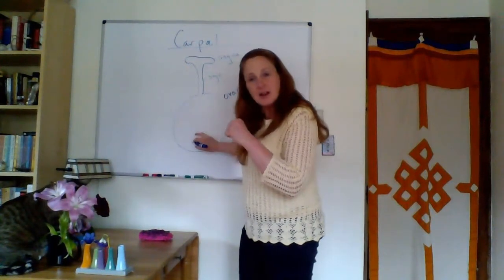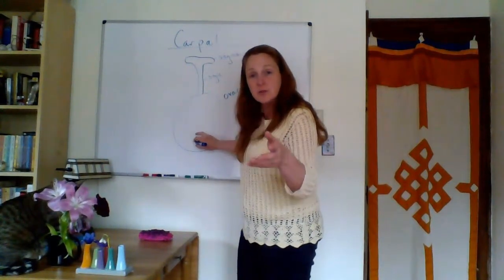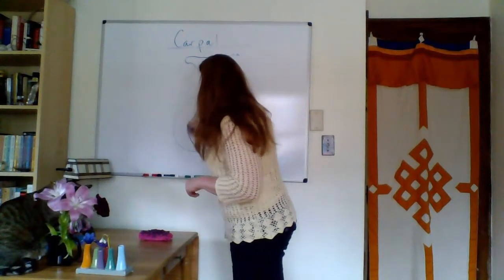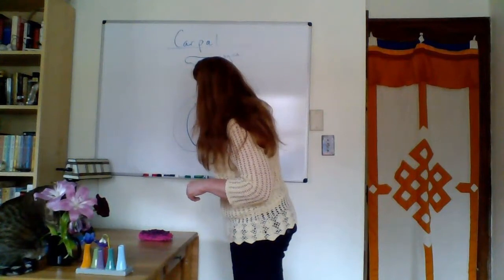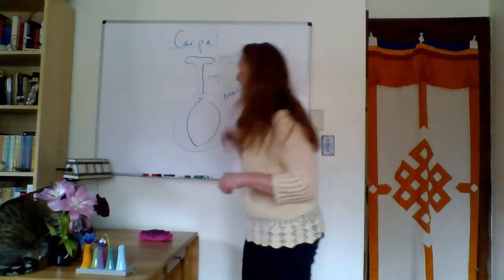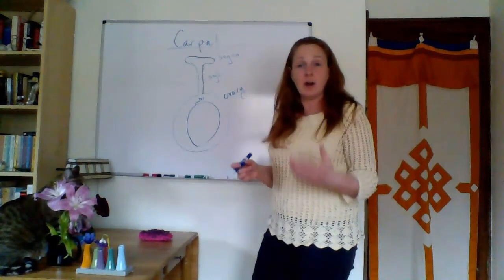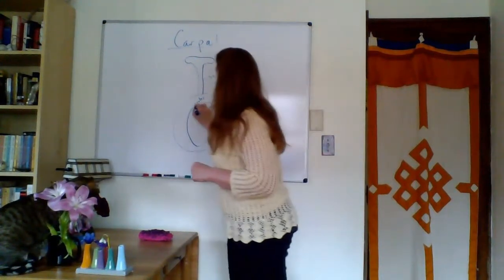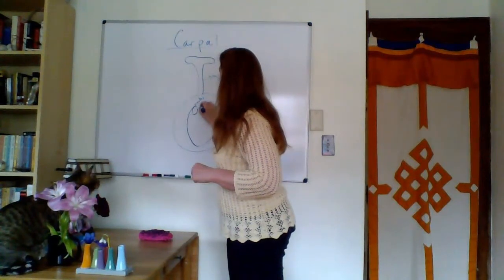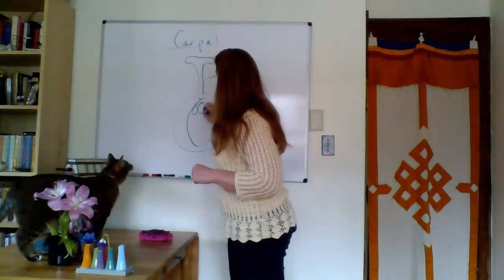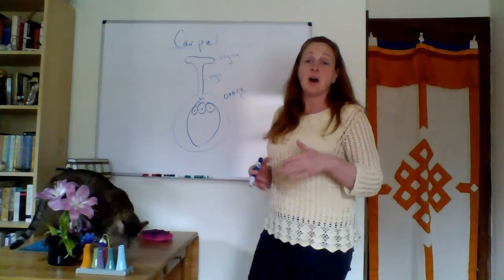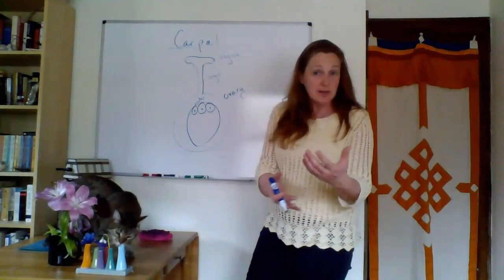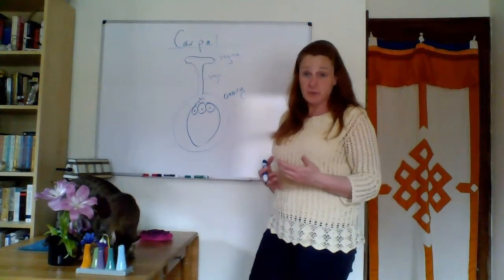We're going to have 7 cells with 8 nuclei. So here is my one great big ovule. I'm just going to write ovule up here at the top. And in our ovule, we are going to have, at the very top here, 3 antipodal cells. Well, that here in the middle is a circle. Now, these 3 antipodal cells, we don't really know what they do yet. We're still researching and trying to figure out their role.